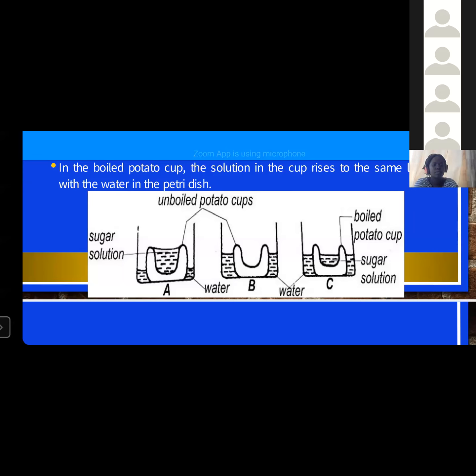What happens is that water enters, dissolves sugar, and goes back into the beaker because the cells are fully permeable. Sugar can go from the potato into the beaker, and water can also go from the beaker into the cavity